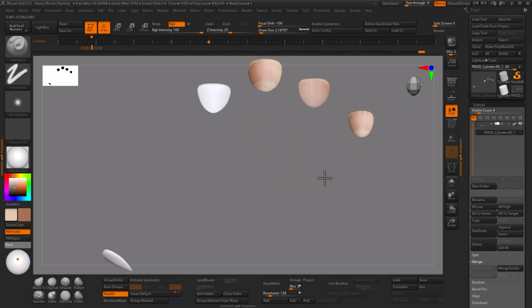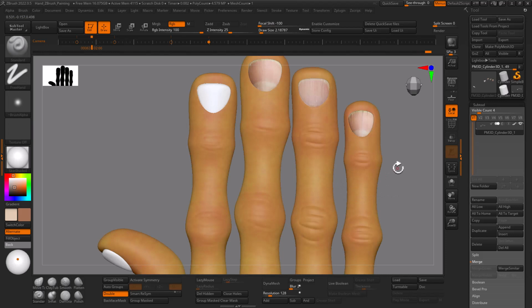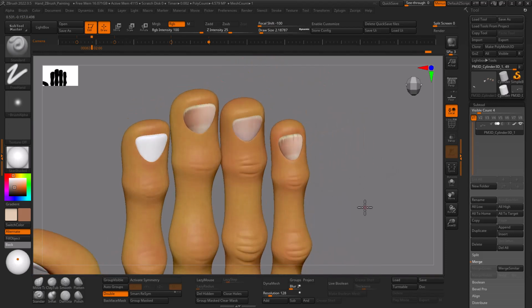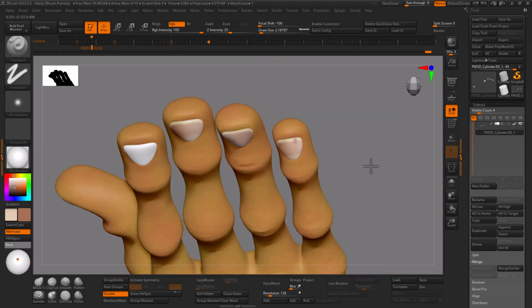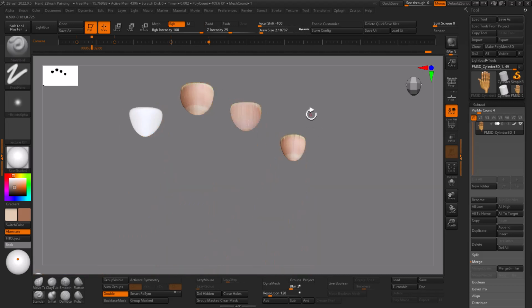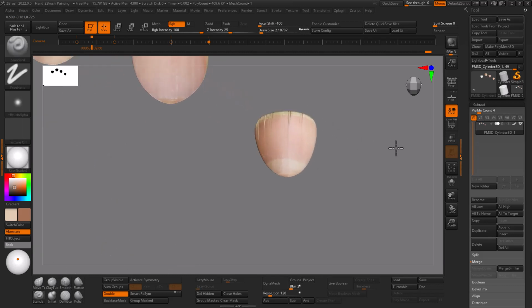Let's see what this looks like with our actual paint. Shift Control. Ooh, look at that. They're not bad, okay? We're going to put some sculpted textures in real quick. Because of time, let me show you how to sculpt the textures in our fingernails. Let's pretend that I'm done with my fingernails, and I want to sculpt something on this object right here. These fingernails, as you can see,